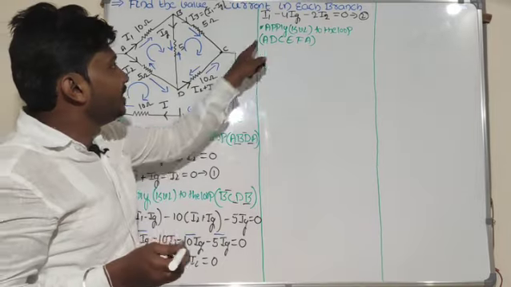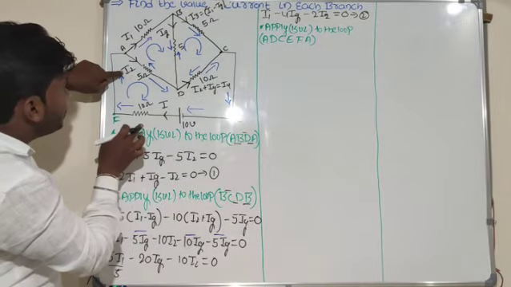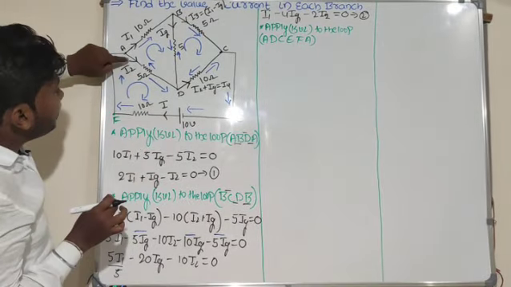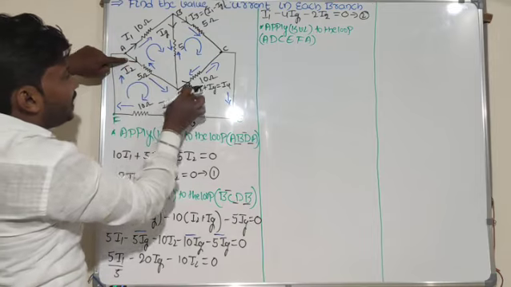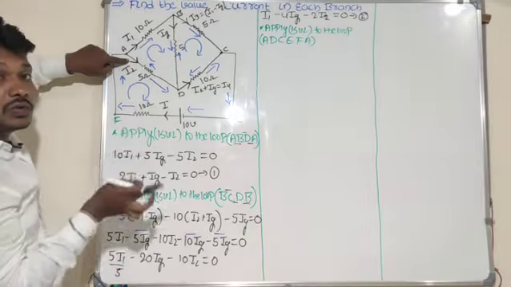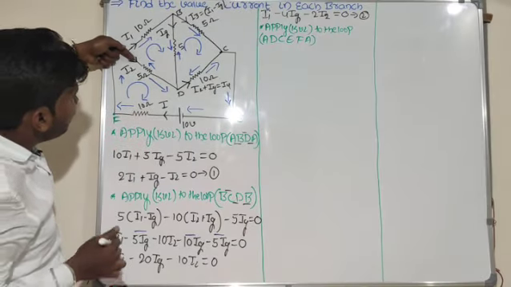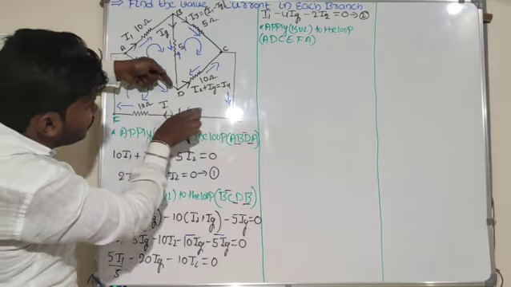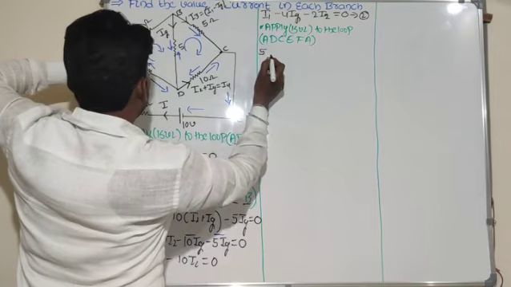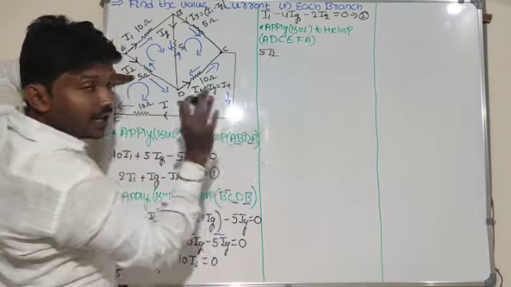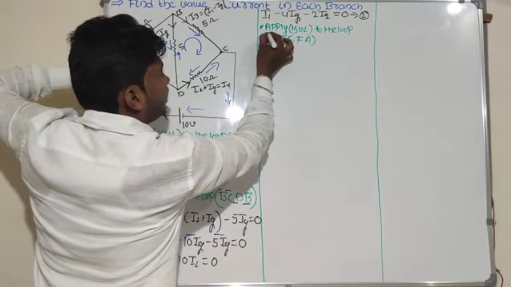Now between A and D, look here, a 5 ohm resistance is there, so current I2 is there. What is the direction of actual current? This is the direction of actual current for the loop ADCEFA. What is the imaginary line? This is the imaginary line. This is the direction of actual current, this is the imaginary line, so both are in the same direction. It means I can take that positive value, 5 I2. A to D is over.